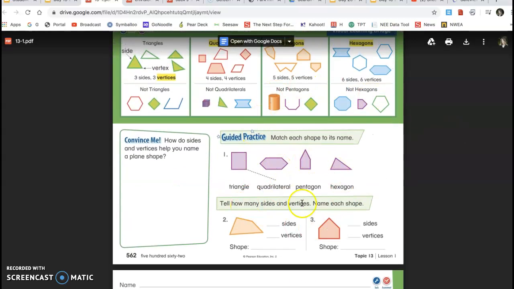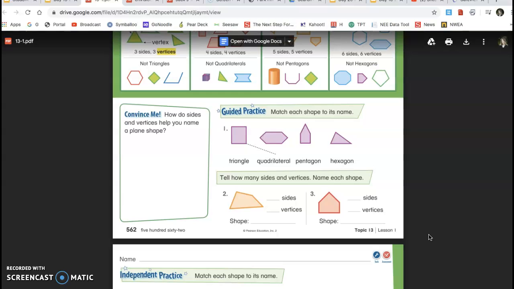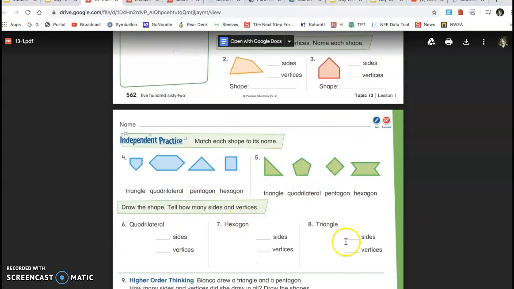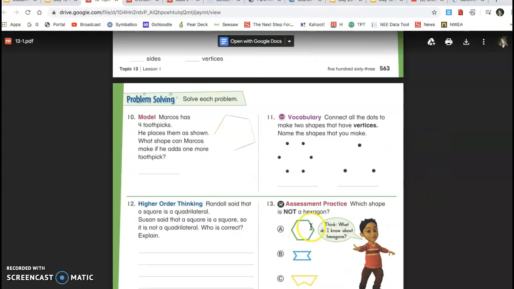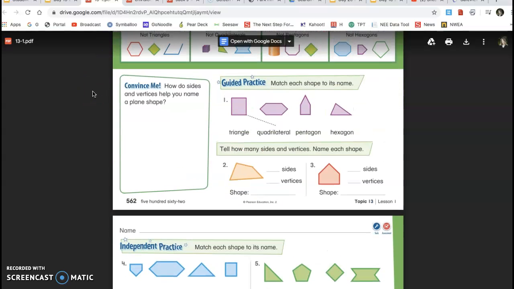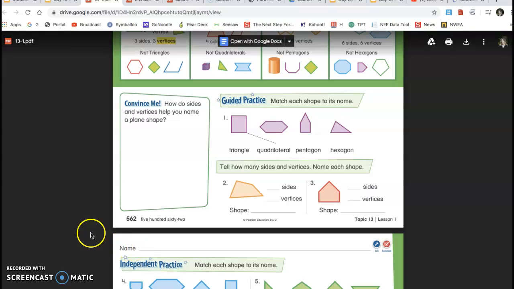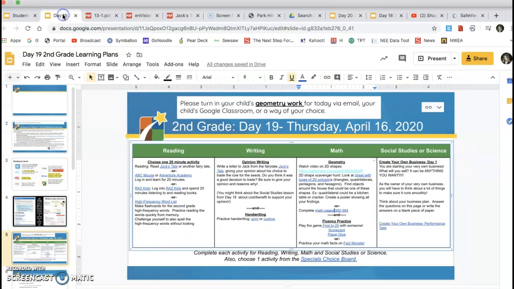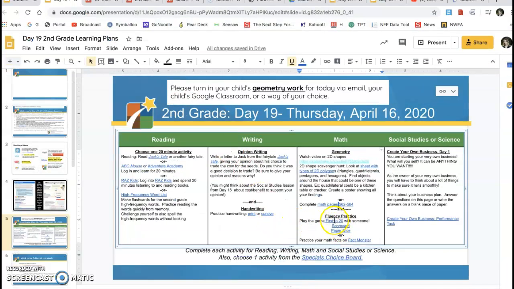So again, numbers 1, 2, and 3, if you want to do it with them or they want to do it on their own, that's fine. And then 4, 5, 6, 7, 8, and 9 would be kind of like the must-dos. These are the may-dos if you would like. So again, if you're doing the work mats, I'd like to see these 2 pages at least. And if you do more, it's always good, but you don't have to. And then they'll move on to fluency practice.